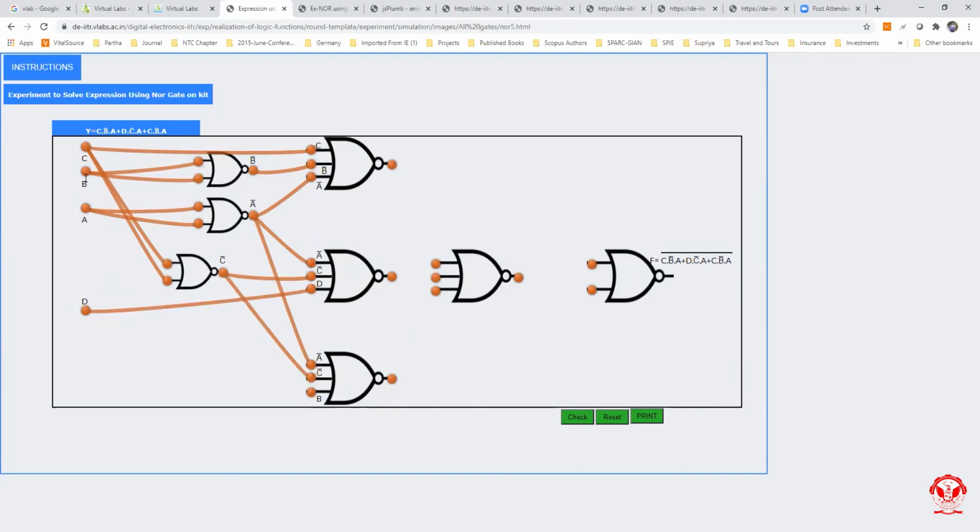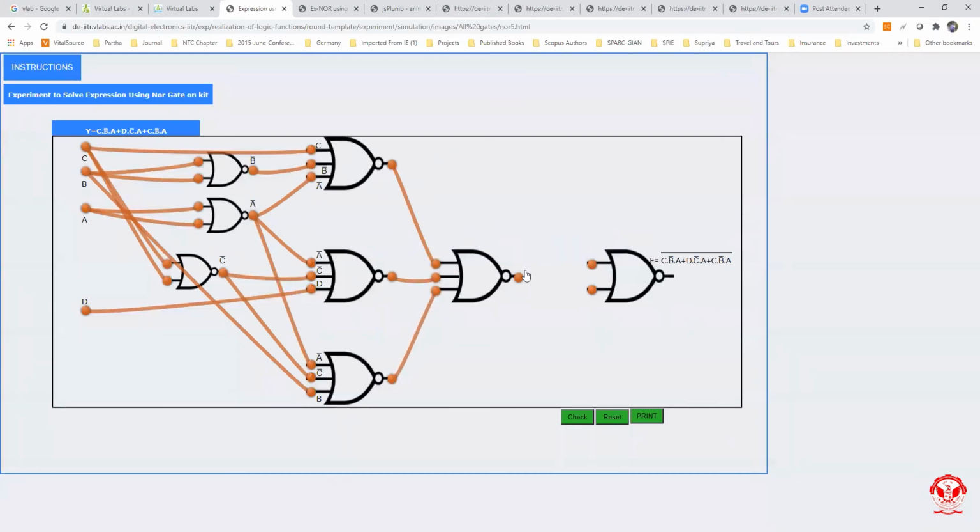This is our B. Here it is our B, just click on B, drag the wire and connect to this point. Okay, now we have to connect all the outputs of the NOR gates to the inputs of this NOR gate.